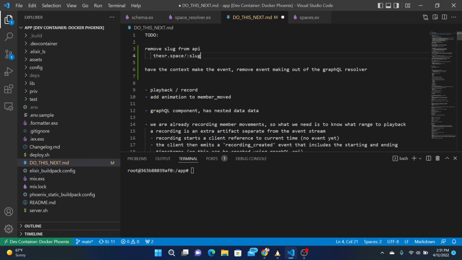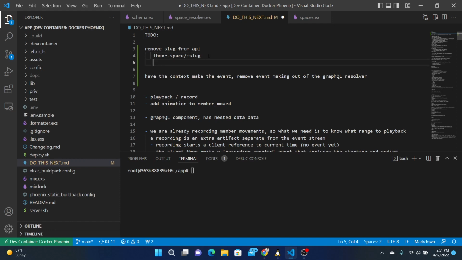To have it at the top level this way means that any characters you have behind the slash could be interpreted as a slug. So if you wanted other namespaces, you kind of have to pollute.